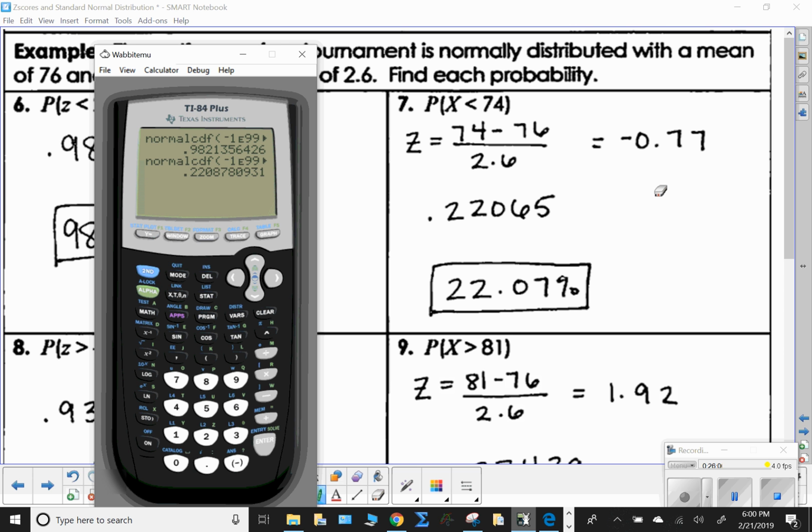Now, when you go to Desmos, the problem is Desmos does everything based off of the standard normal curve. So what do you need? You need the z-score. So you have to simply put in 74 minus 76 divided by 2.6. Not hard. The formula is given to you. But you have to first